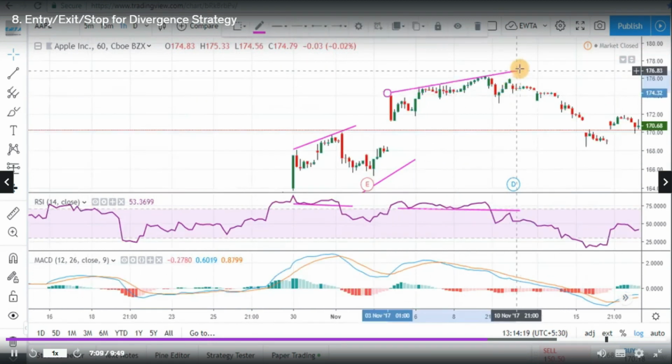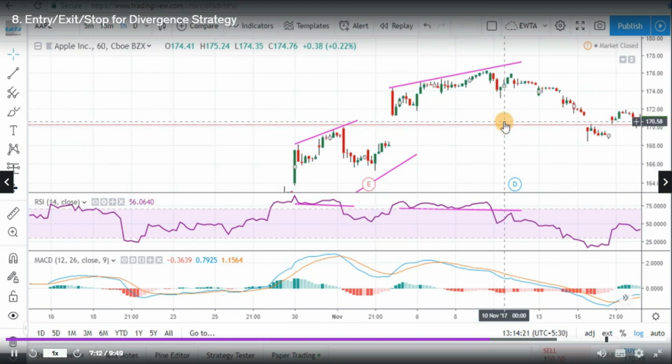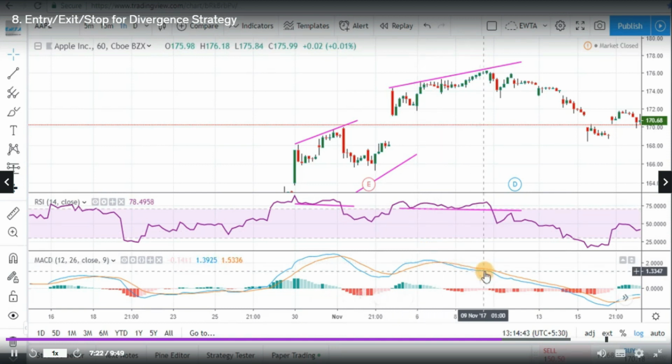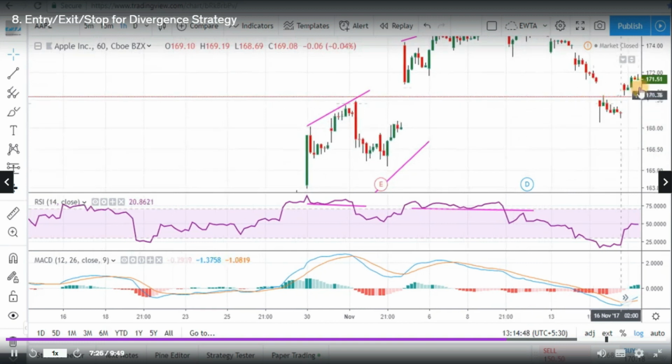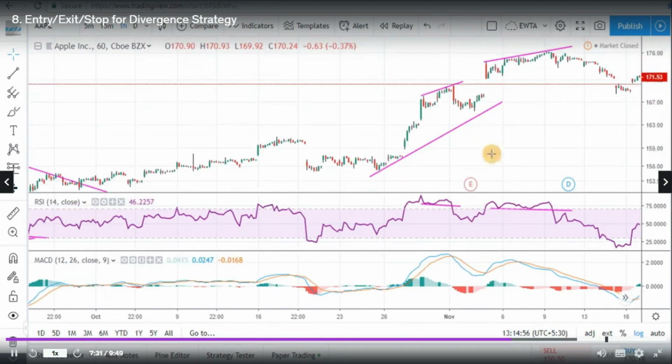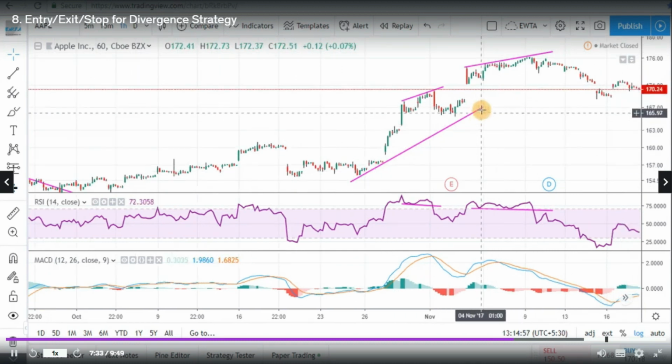Now at this point prices are going in upward direction. RSI peaks are not going in downward direction, but they are at the same levels, so it is also a bearish divergence. MACD is going in downward direction, so we can trade this divergence. For this we will extend this trend line. This was the current trend line, and